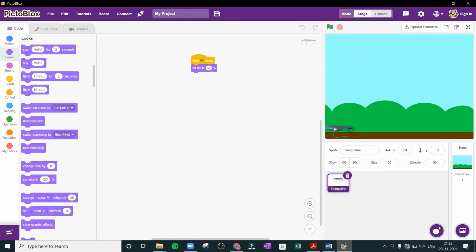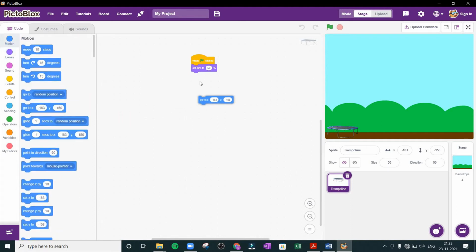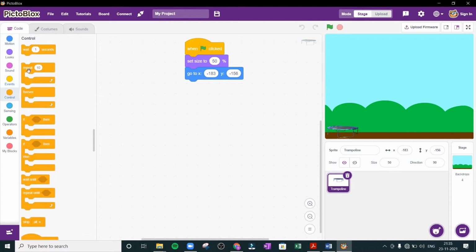Now you can place it at the proper position where you want it to be placed when game is started. Now from the motion you can change, go to X and Y. This is the proper position where you will see the trampoline. Now next thing is, you have to move it left and right. So what will be the control if, and that too we have to use forever because we have to move it repeatedly. So then if else is not required, so we will use simple if we are pressing left key,